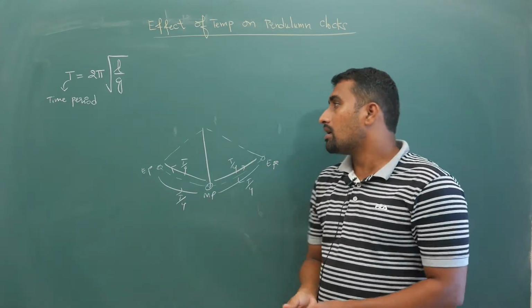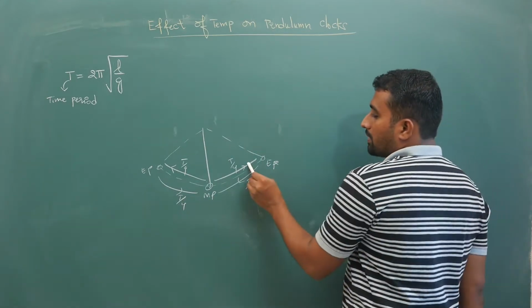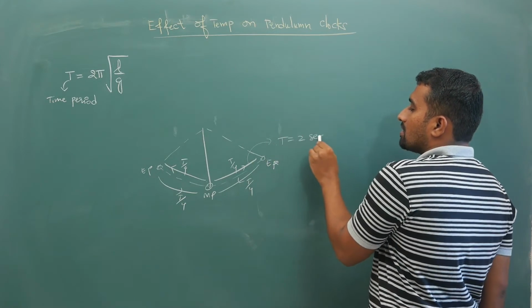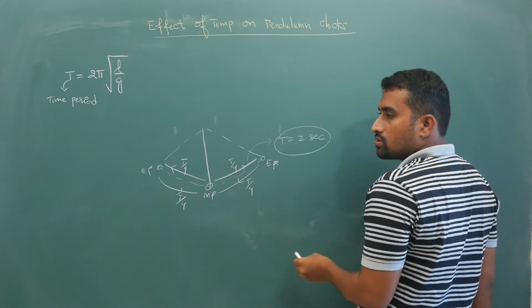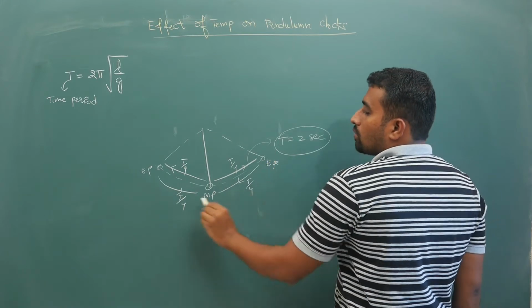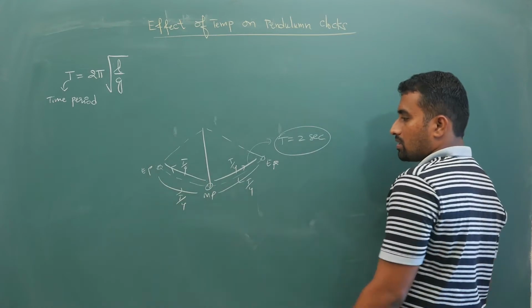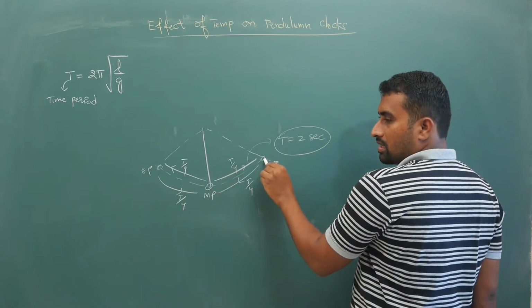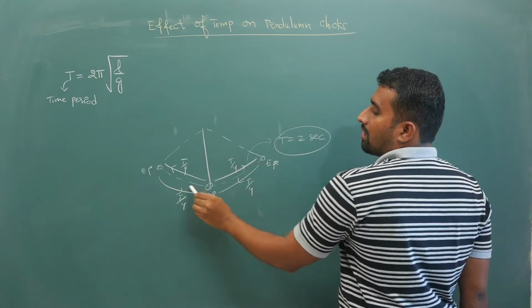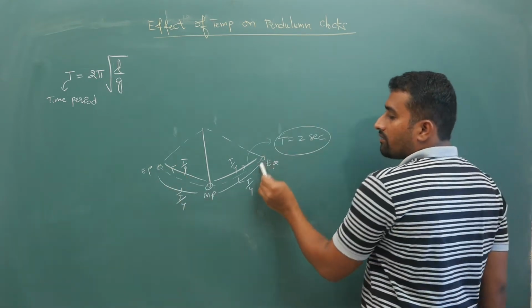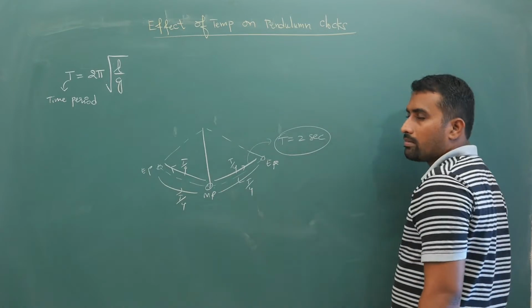Now here normally your seconds pendulum time period, capital T, is 2 seconds. That means it takes 2 seconds for the body to go to this extreme position and then come back. Okay, that means half second here, half second till here, half second till here, and then to come back it is half. Or else, if it is starting, 1 second to go and 1 second to come back, like this.